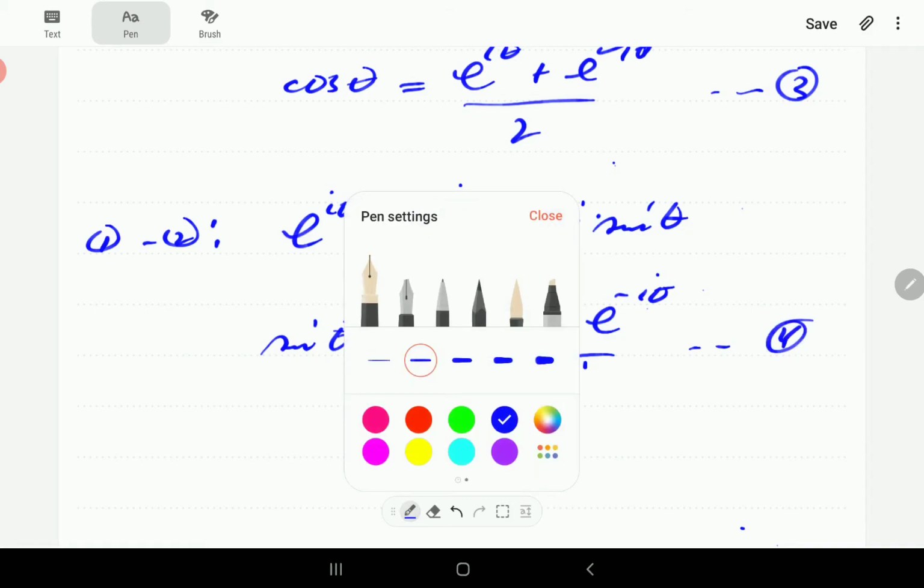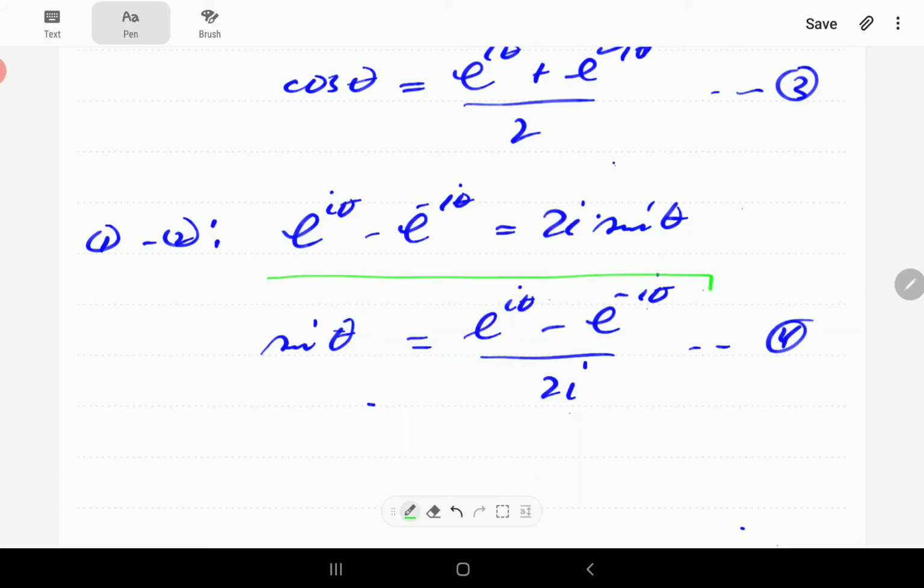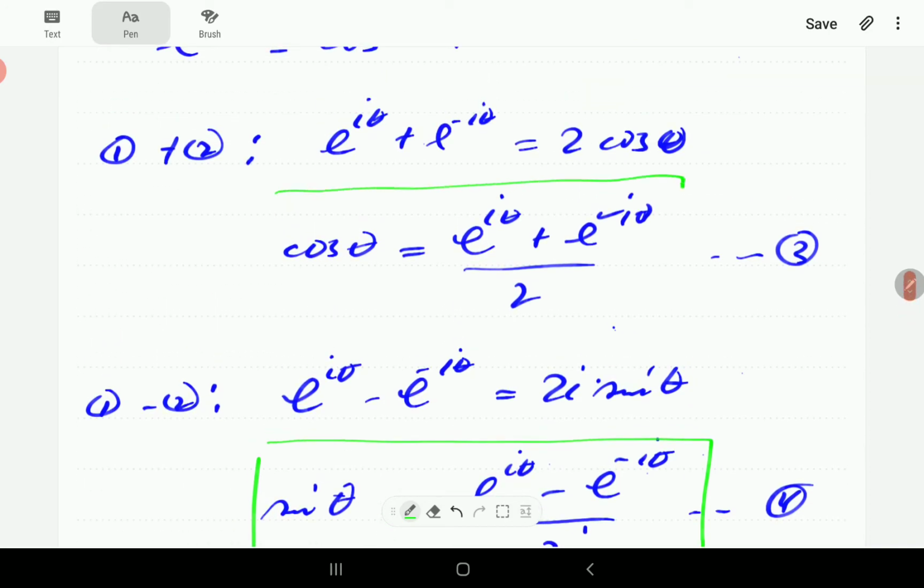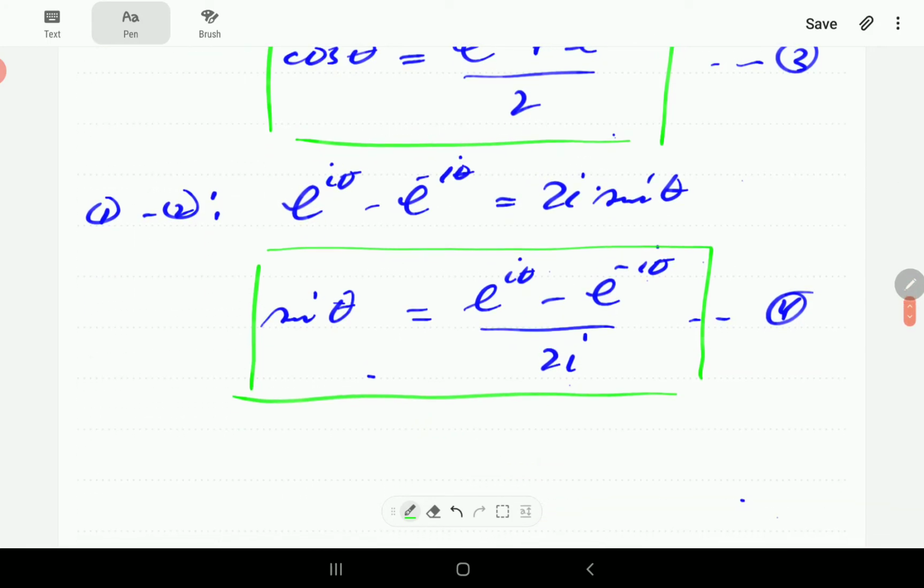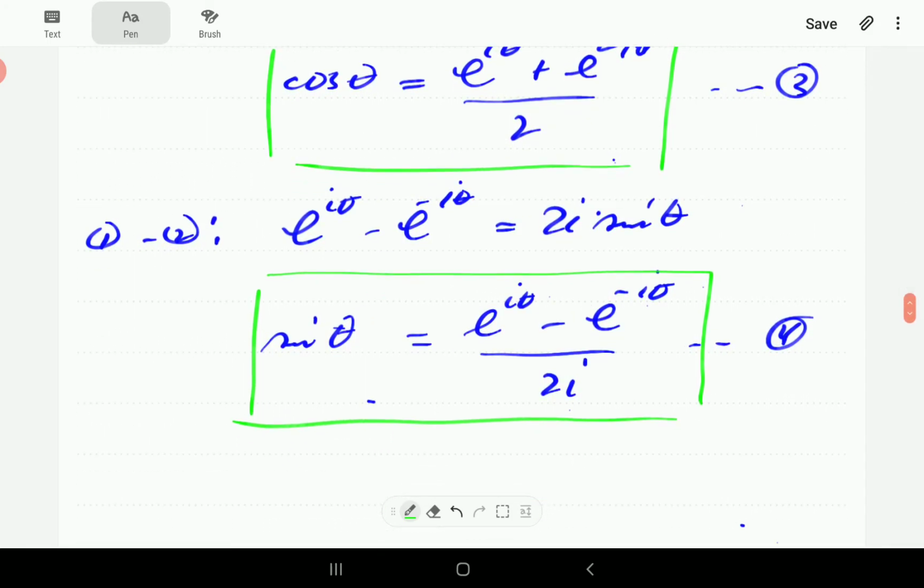So that is the corresponding formula for sine. These two are going to be pretty useful formulas going forward. Just going to extend these. So what these mean is that,